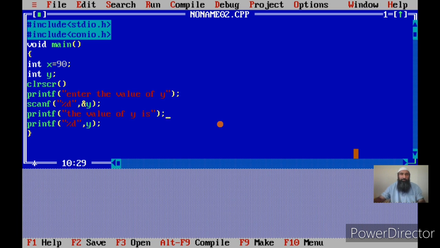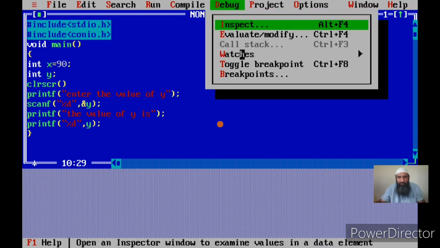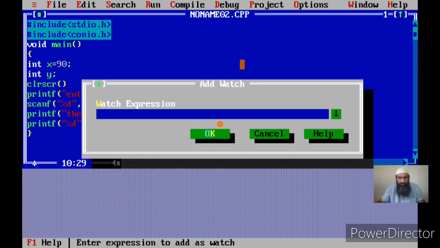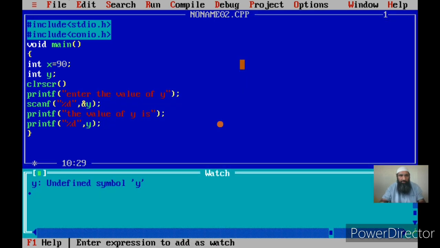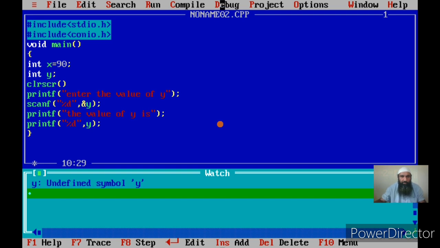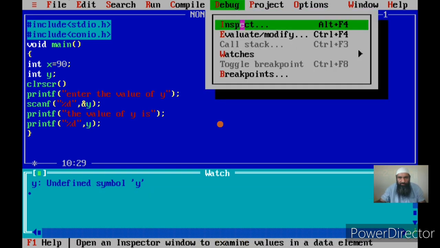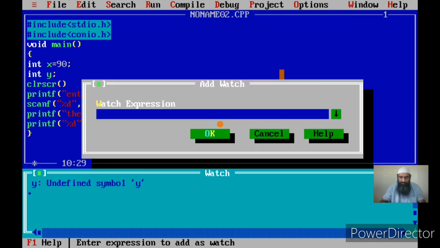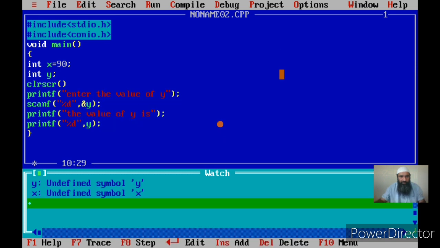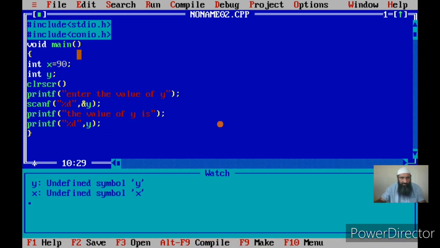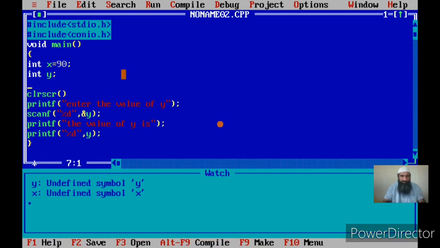Okay, now let me add the watch for y. That means I'll be monitoring what is happening with the y, and I'll also be watching what is happening with x. Now I can equally declare two character variables and you can watch them later on, or right now I can.